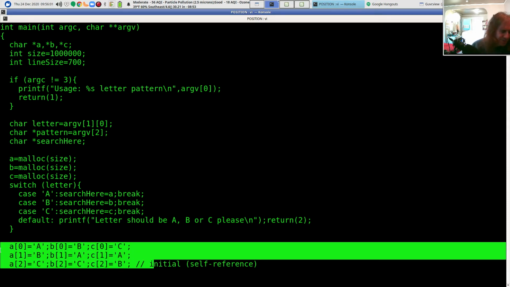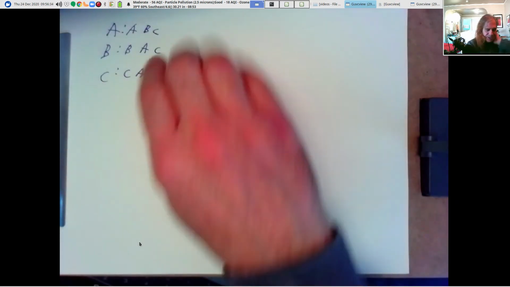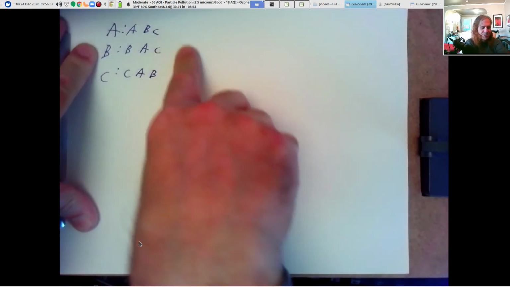So A is going to refer to first information about string A, and then B, and then C. And so I'm reading down each column. So B is going to refer to the contents of string B, and then string A, and then string C. And then over here, third column, C is going to refer to C, and then A, and then B. So the order in which I'm coding this information about the strings is not symmetric, right? It's not ABC, BCA, CAB. I switched up this B string to also code A first.